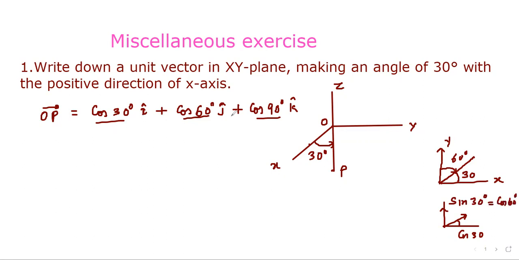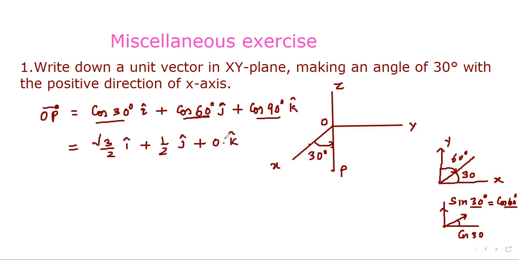So the second point is written in terms of cosine, that is why instead of sine 30 degree, cos 60 degree is used. So it will become root 3 by 2 i cap plus 1 by 2 j cap plus 0